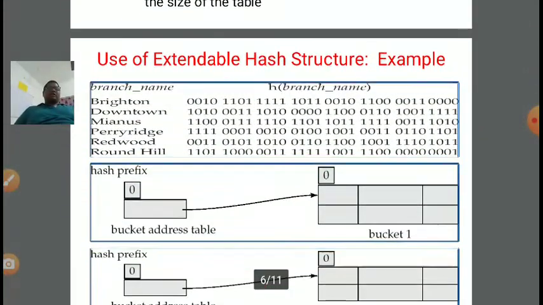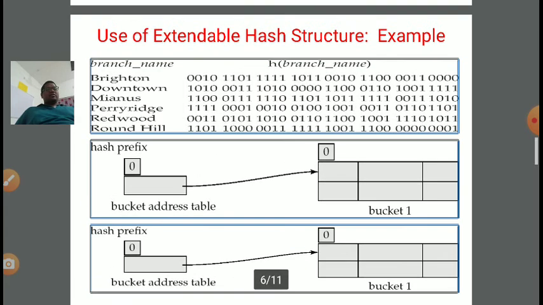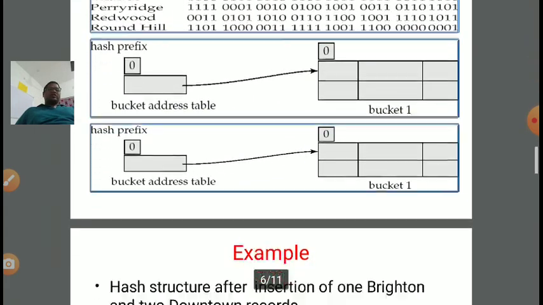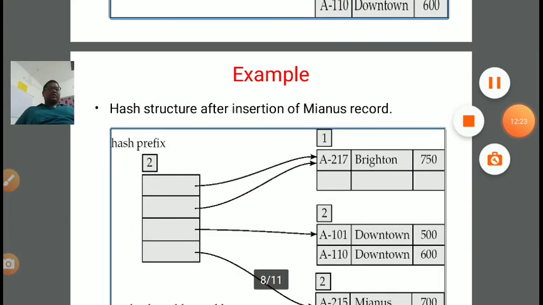Then we took one example with some branches, converted them according to their character values into corresponding binaries, and applied a hash function. After that we used the extendable hash structure to perform insertion of different branches. That's all for this lecture.